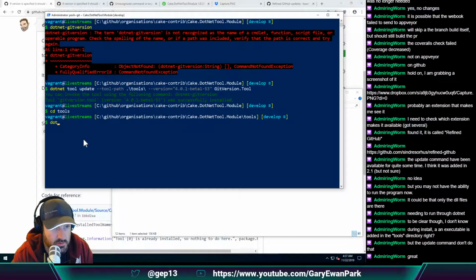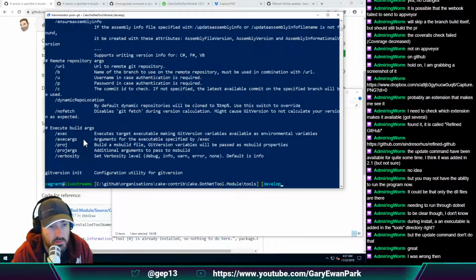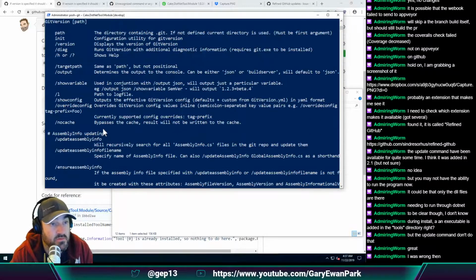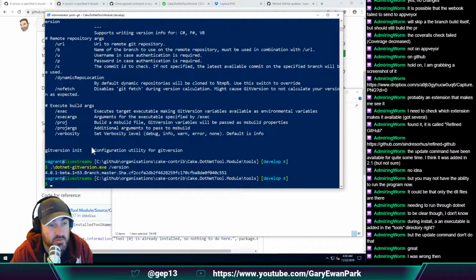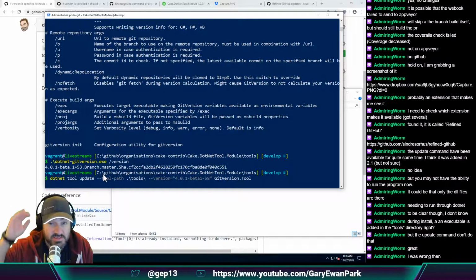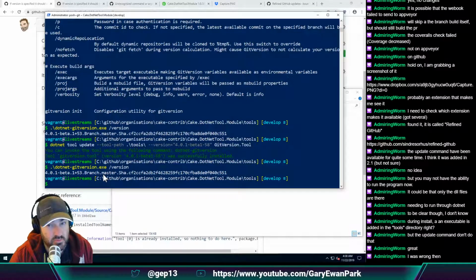So now I can run .NET Git version and it works. And remind me, does it have a version? To get the current version. Oh, it's just slash version. Okay, so it's 53. So now if I do an update to 58, the exe is already there in the tools folder. And if I run that, oh,